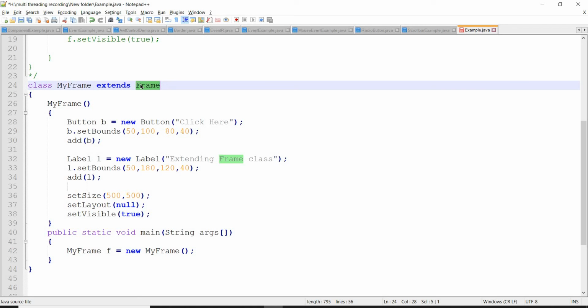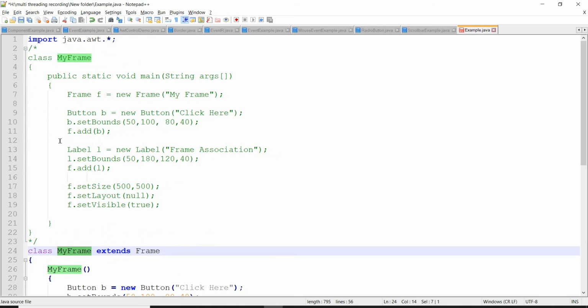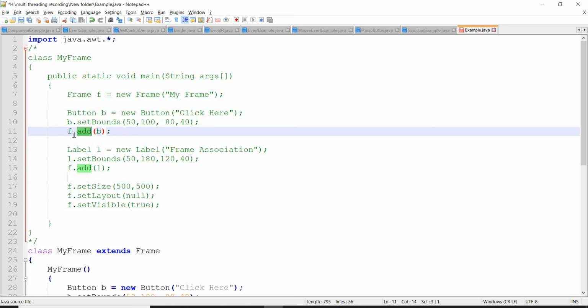If we extend any class, what happens? All the methods of the parent class will be members of the child class, right? Here, what are the methods of the parent class? Adding a component, frame dot add of component, frame dot set size, frame dot set layout, frame dot set visible. All these are methods of the frame class.